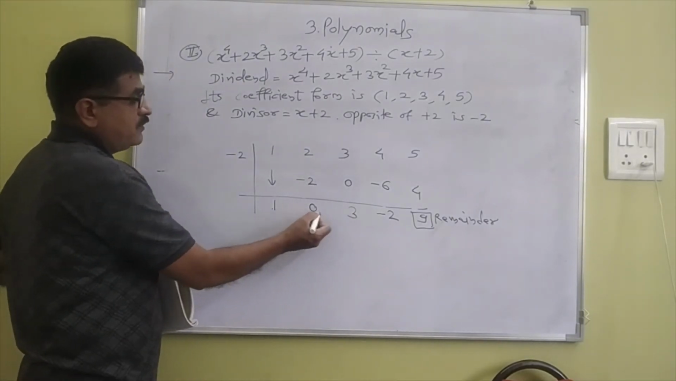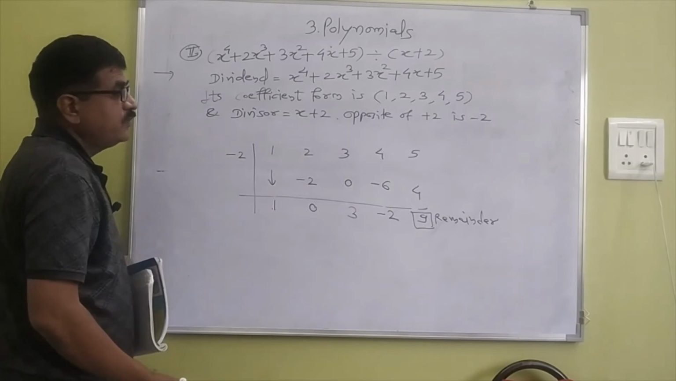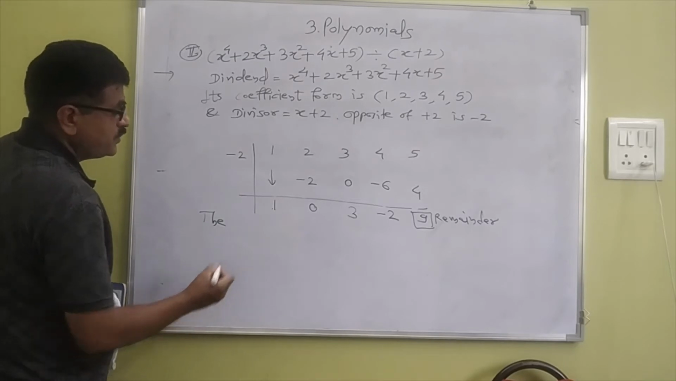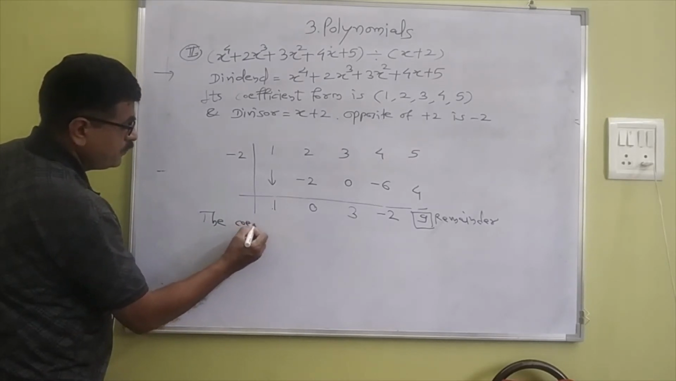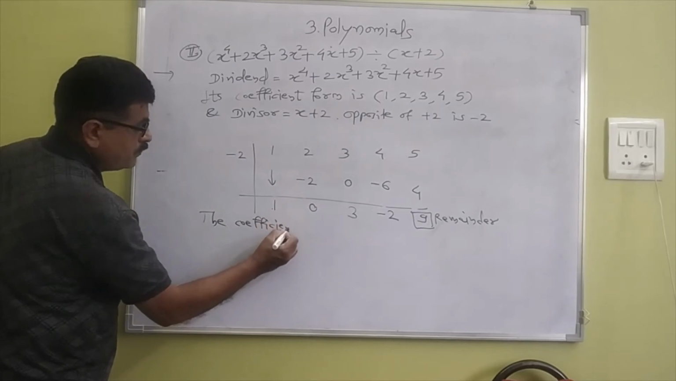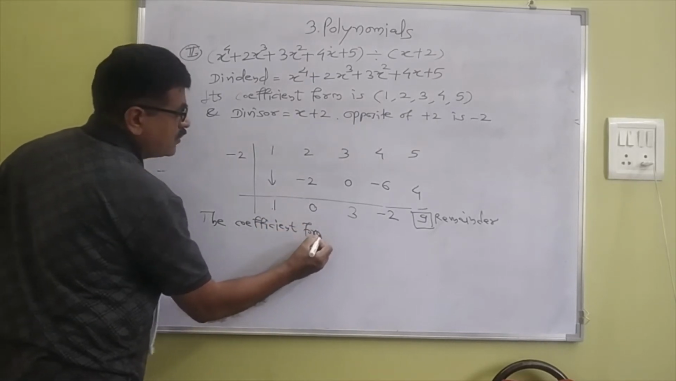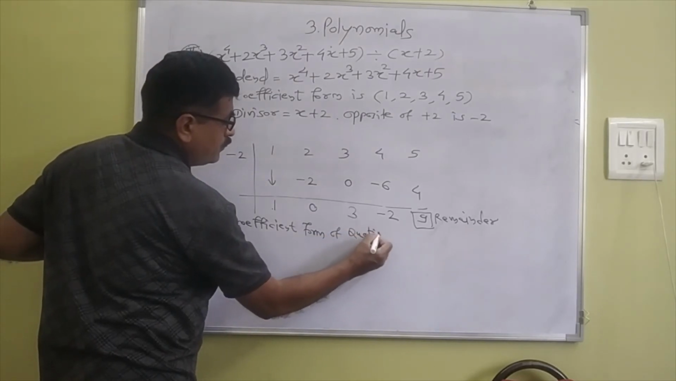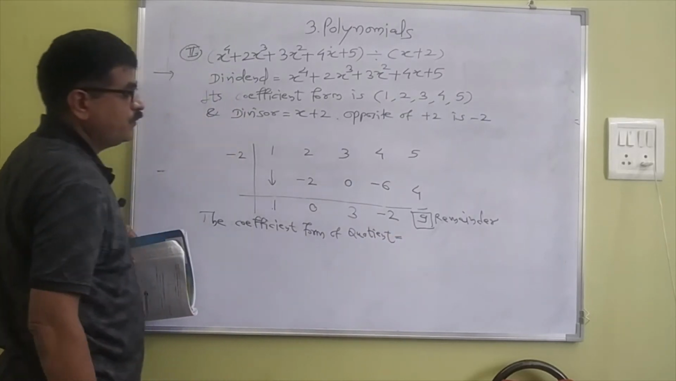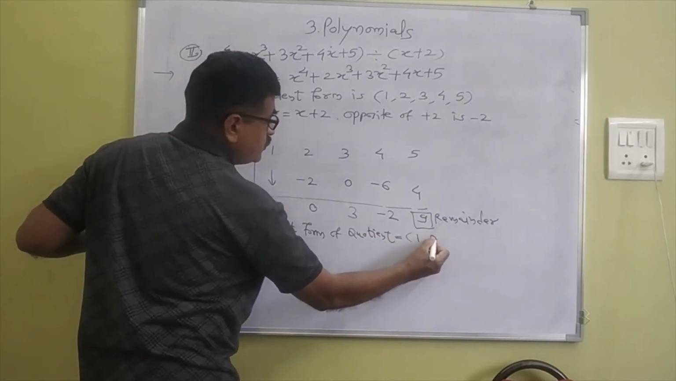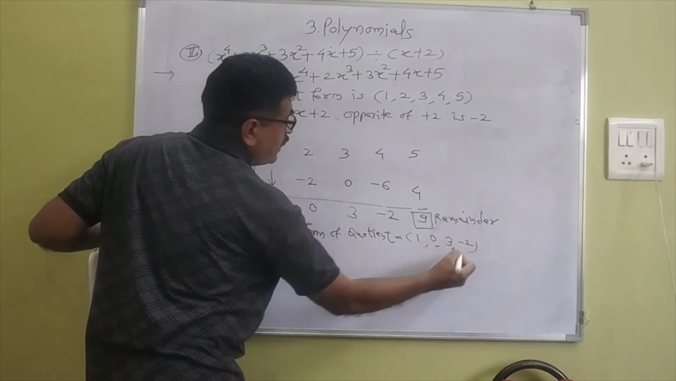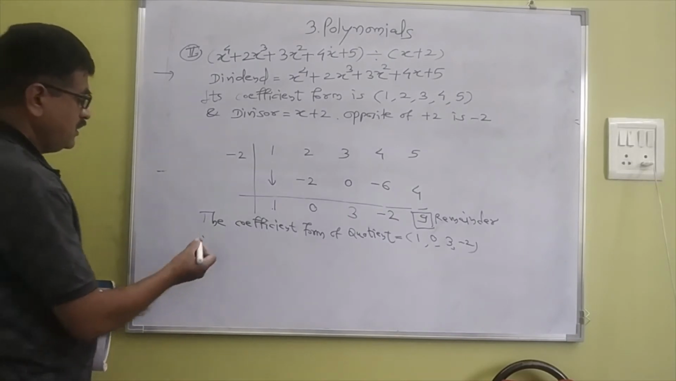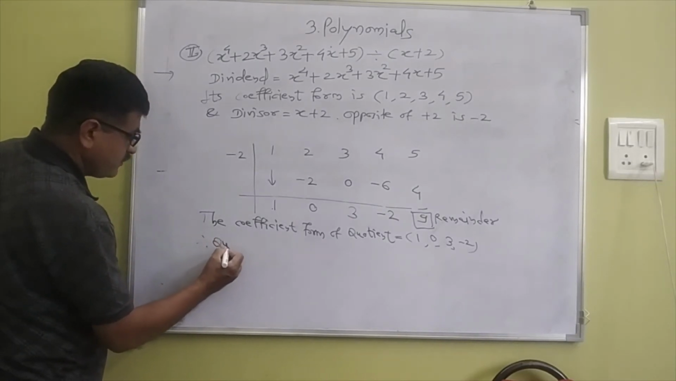Now there are 4 terms, therefore first write down the coefficient form of quotient is equal to 1, 0, 3, minus 2. Therefore, write down quotient. Therefore, quotient is equal to,